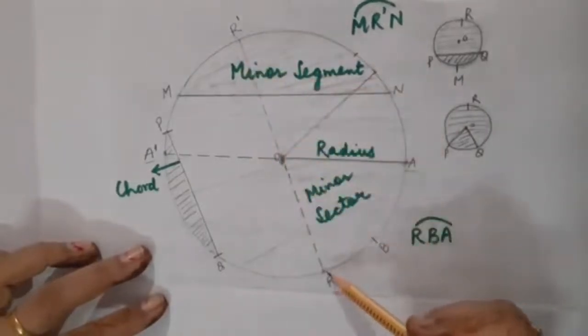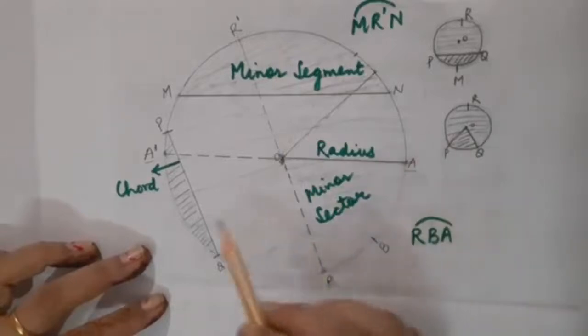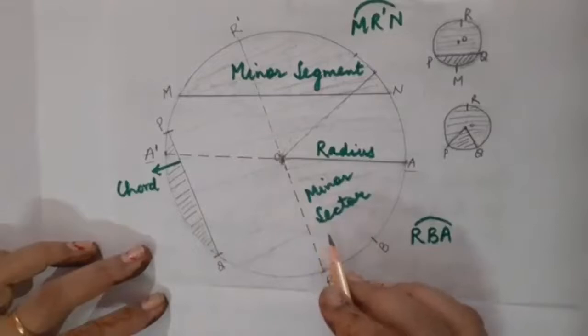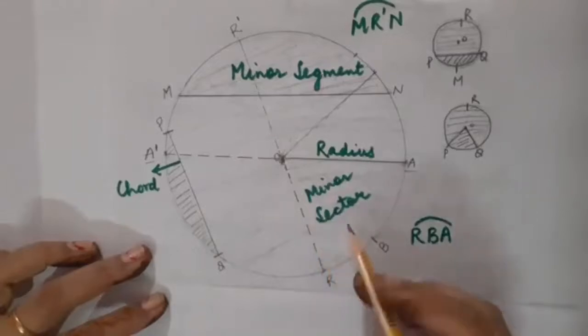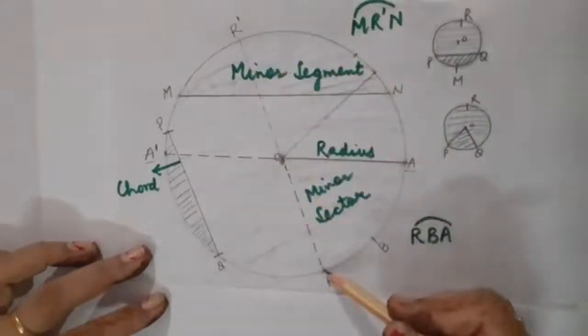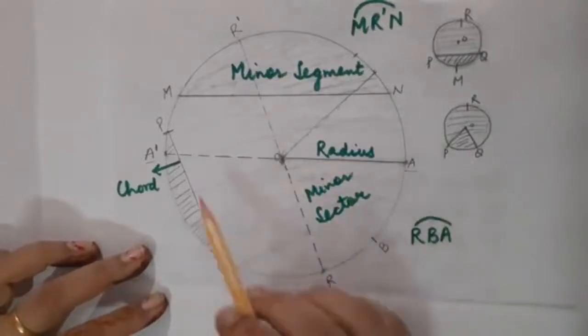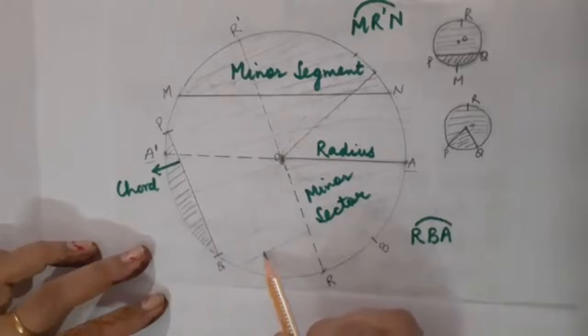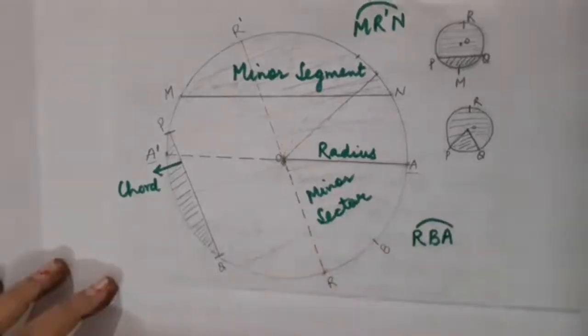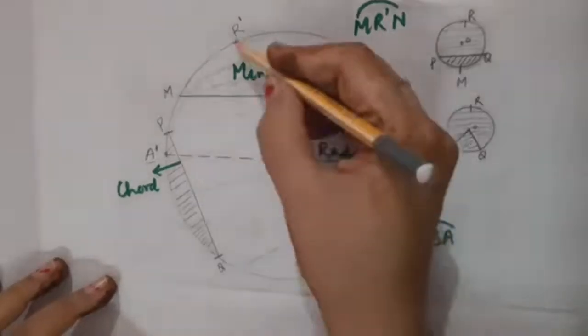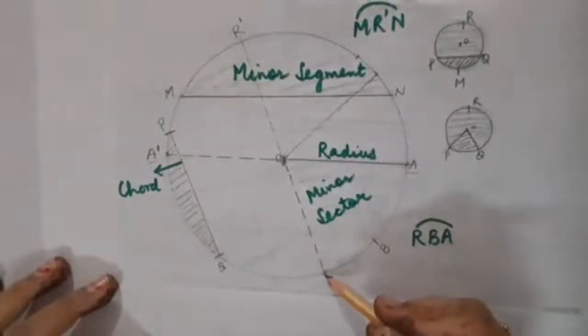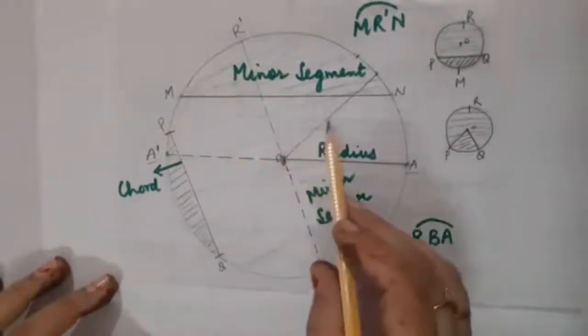Of course. Diameter is the longest chord of the circle. Fine. If you draw millions of chords in this circle, you will always find that the length of the diameter is the longest of all. This is greater than all the lengths of the other chords. Clear? So one term related to diameter I am going to include is that whenever a diameter divides a circle, it divides it in two equal parts.